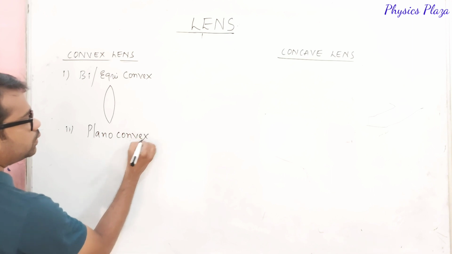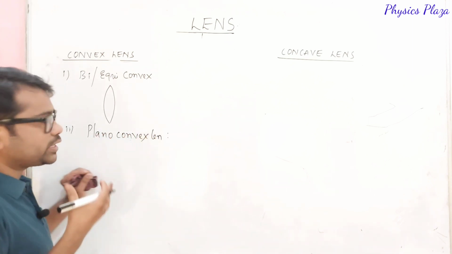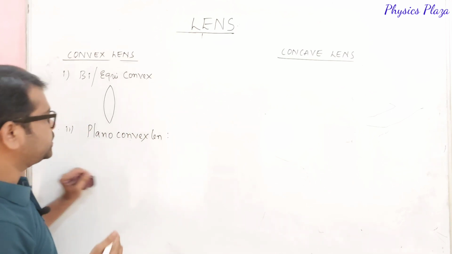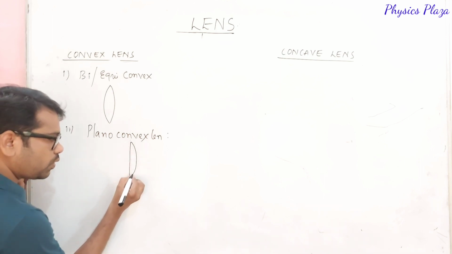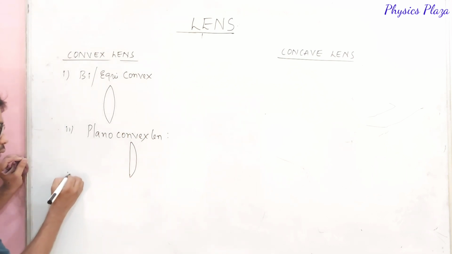Plano-convex lens. So children, the name itself will give the concept. One surface is a plane, and the other surface is a convex. So it seems to be like this. Plano and here is convex. Plano and a convex. And the third one is